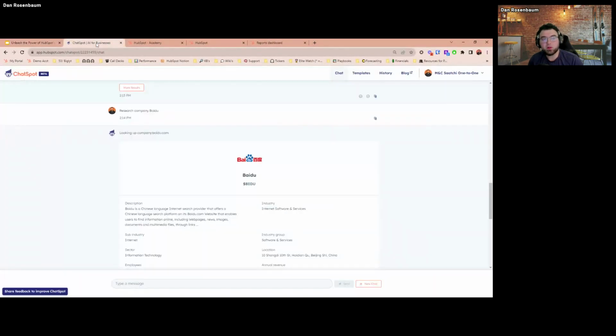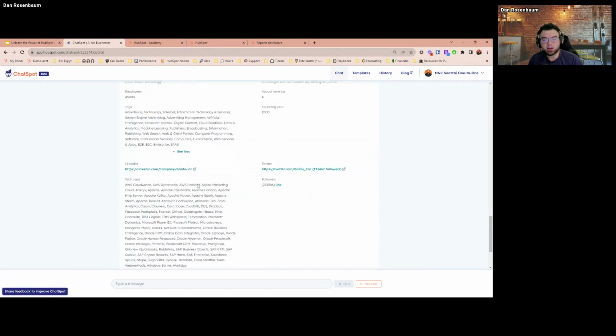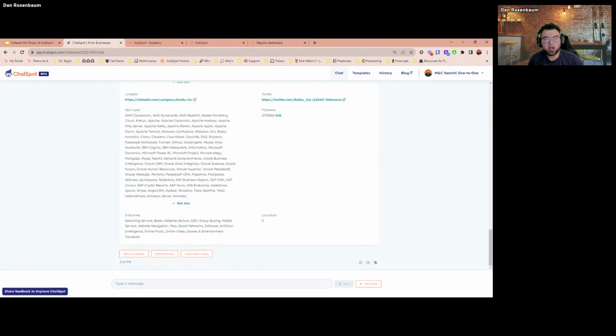So a lot of people, and this is an important caveat here, a lot of people see ChatSpot and they're like, okay, I'm kind of getting it. It's like a ChatGPT, but it also has access to Clearbit information and maybe some SEMrush information. So it's a little bit more capable. Why don't I just use this for everything? Well, not the problem with ChatSpot, but let's talk limitations here.